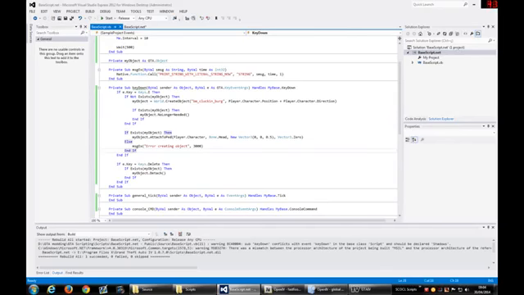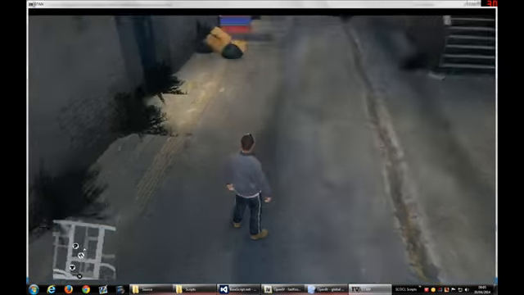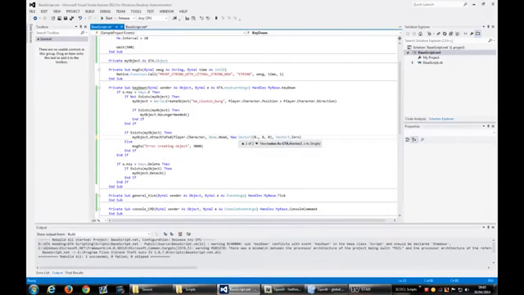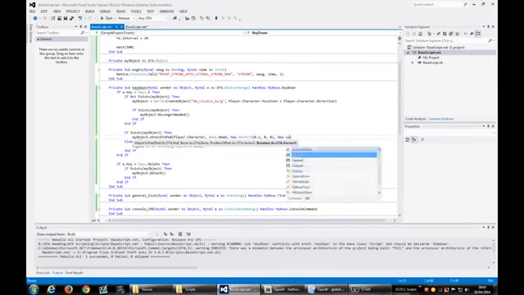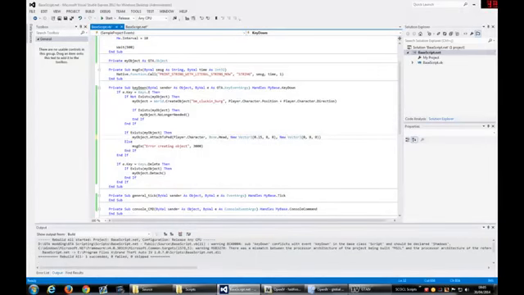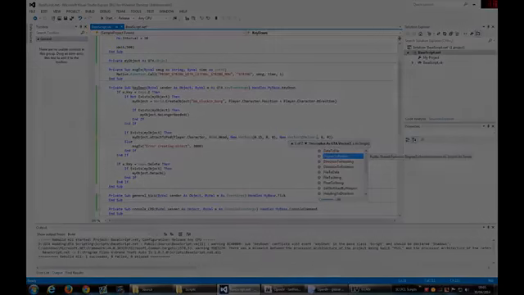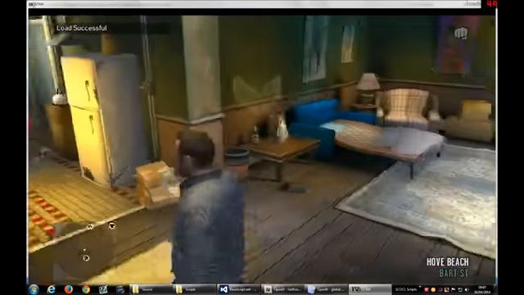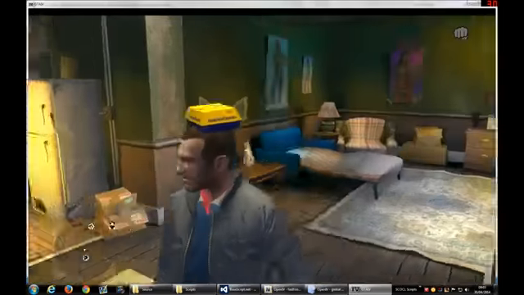Okay, now let me change the value of these variables here to see if I can make it happen like I want. Okay, so I found the correct parameters to make it attach like a hat.